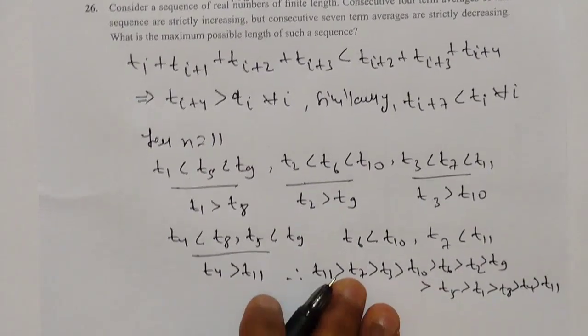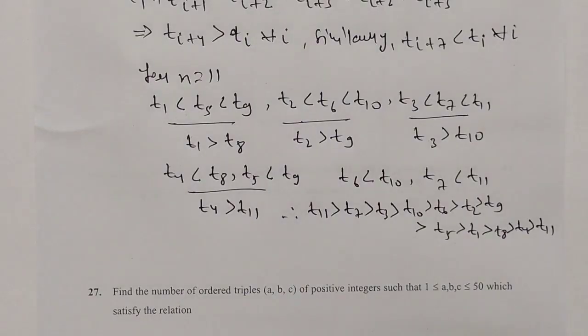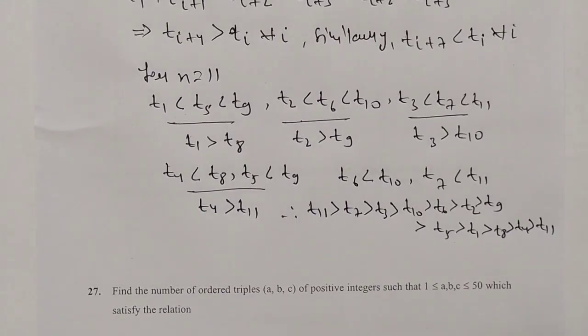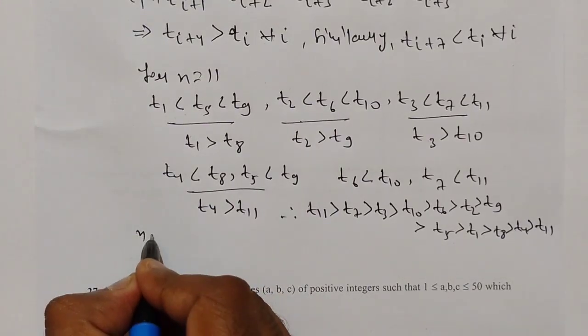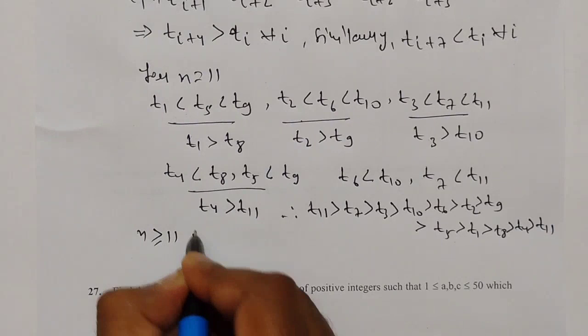So now there is a contradiction here, the sequence for n equal to 11 is not possible, so we can write n greater than or equal to 11 is